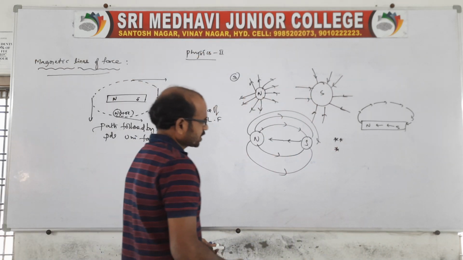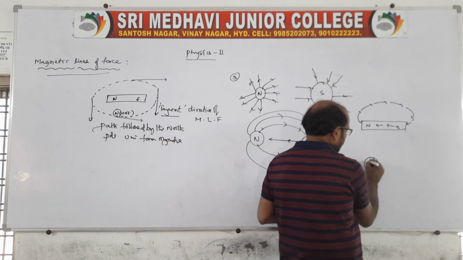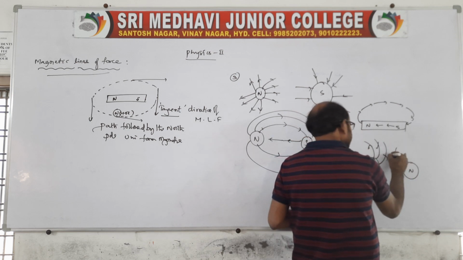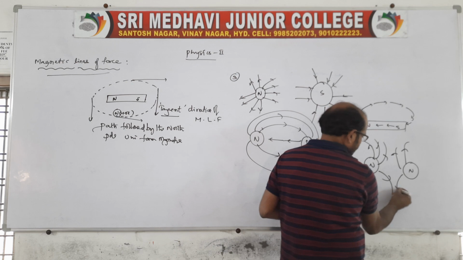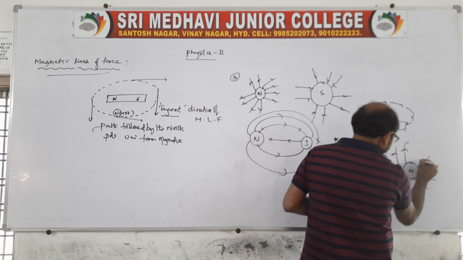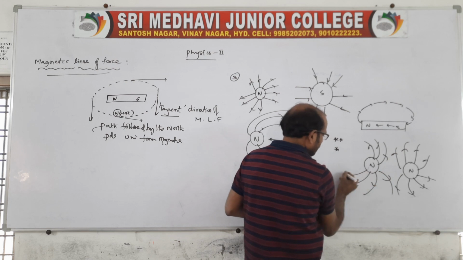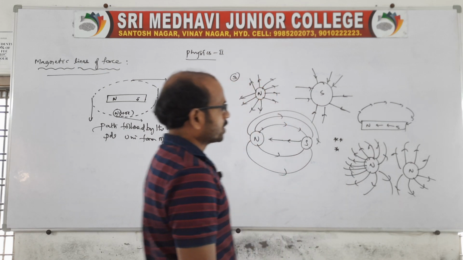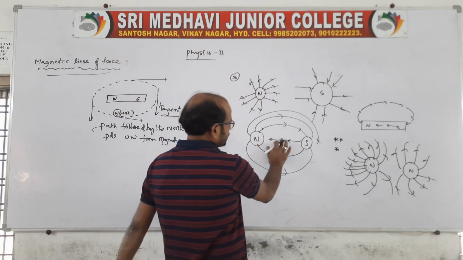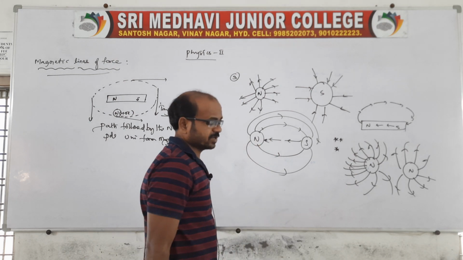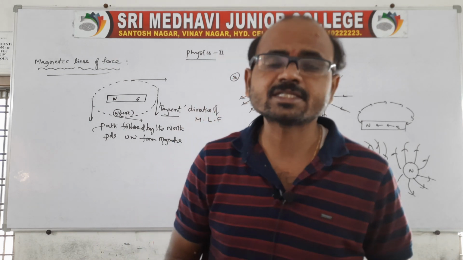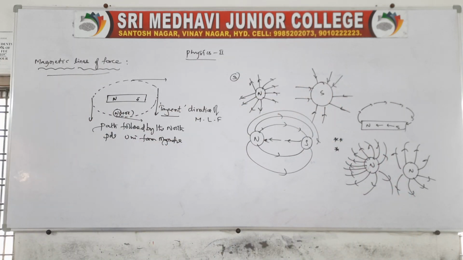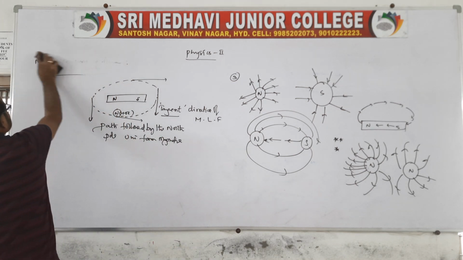The best example of non-uniform: you take a North Pole and another North Pole also, therefore the field lines will go like this. We can call this non-uniform because there is repulsion. Because of repulsion, we get a non-uniform magnetic field. If there is attraction, then we get a uniform magnetic field. Uniform in the sense that the magnitude and directions are the same at all points, which we can call the magnetic lines of forces in a uniform magnetic field. So that is about the magnetic lines of forces. Clear?